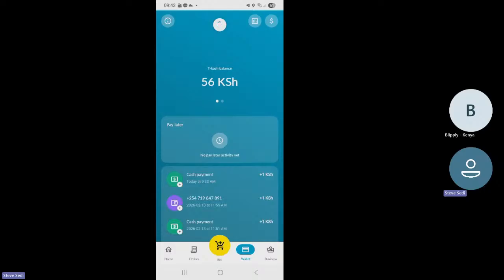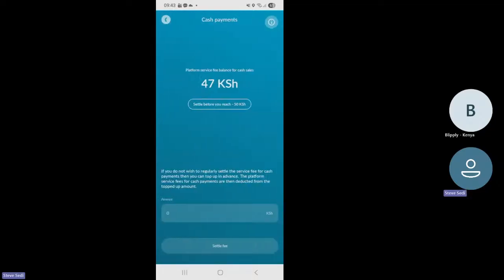Now, this sign on the upper part of the screen, if you click there, if you want to see the platform fees, service fee balance, that is where you click. So you can see settle before you reach 50 shillings. If you make cash sales, there is a service fee that is normally charged. That is 1% per every transaction. So when it reaches 50 shillings, then it is either automatically deducted when you do an online sale and a digital sale, or you can opt to settle